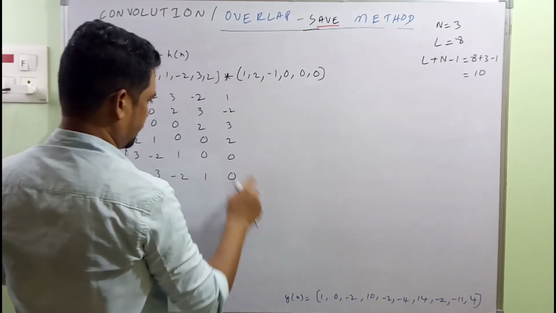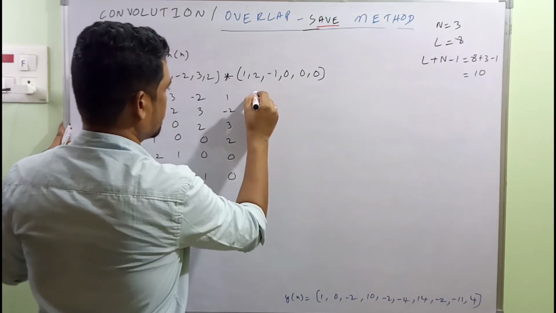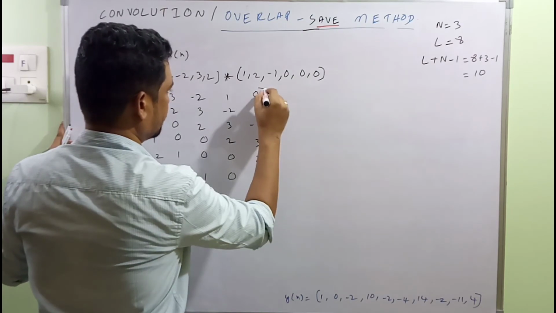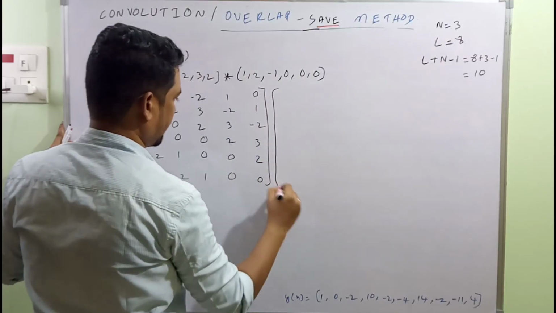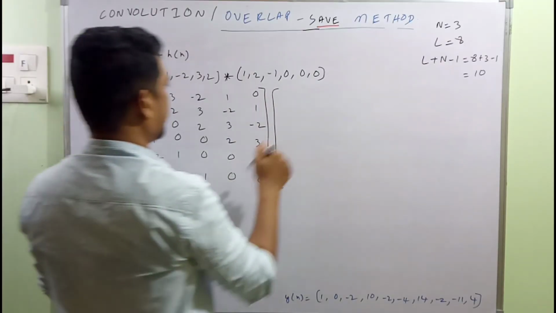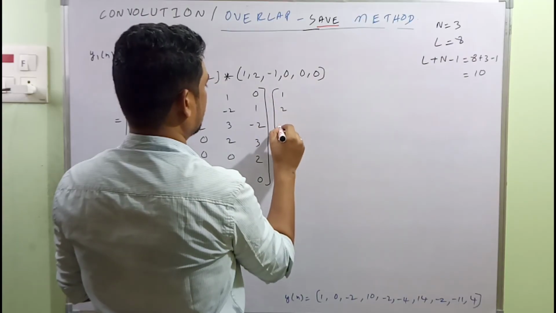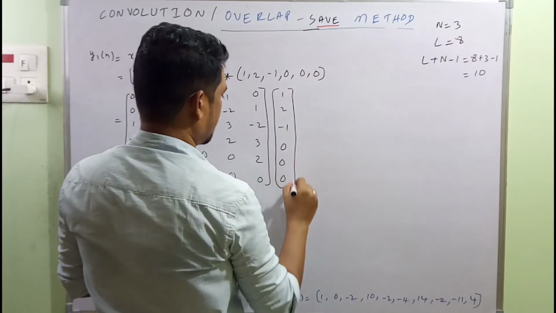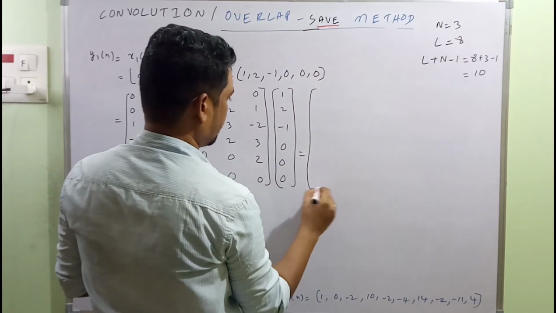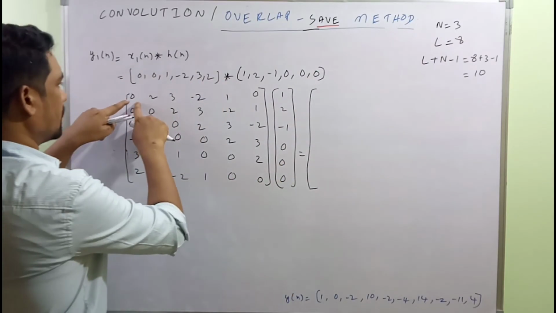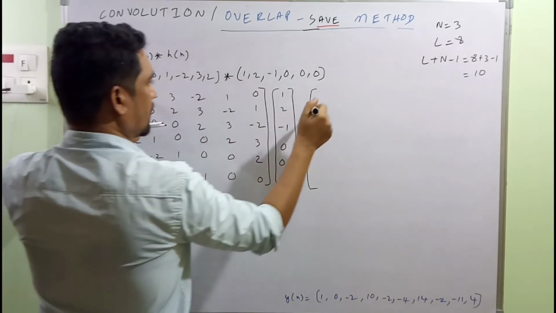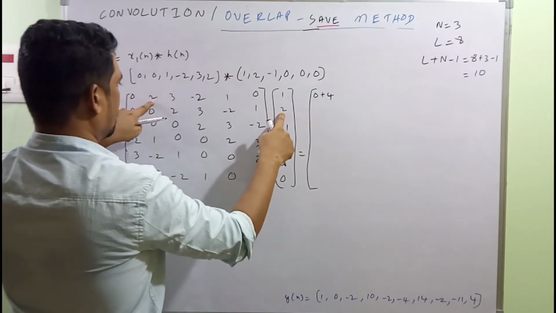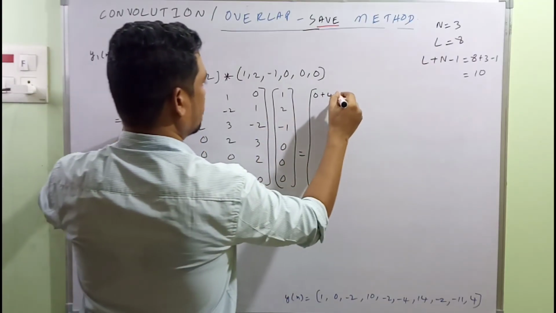And one more here, we need to have one more: 0 0 1 -2 3 and 2, into h of n. This is our x of n. Into h of n, it's 1 2 -1, and all are zeros. Multiplying these two, matrix multiplication: 0, that will be 0; 2 into 2, that will be 0 plus 4 from the previous one; 2 into 2, minus 3 here, minus 3,